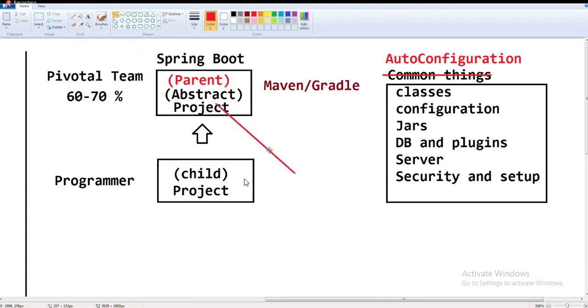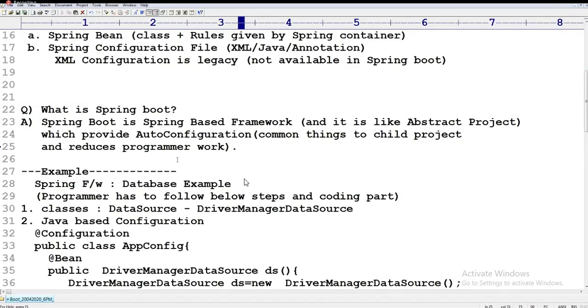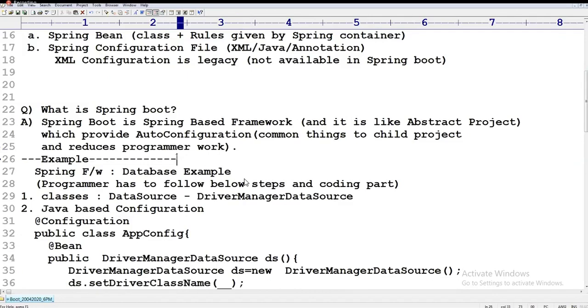You just use this project and use a concept called auto configuration. Common classes, common configuration, common jars, common database and plugins, server and setup, security and setup, everything will come to you. Common things they will give, remaining things you write. That is the concept called Spring Boot in simple terms. But to understand auto configuration, we need to look at some chapters also, one by one.